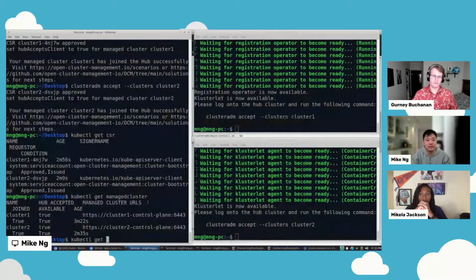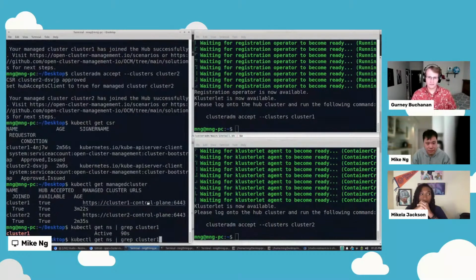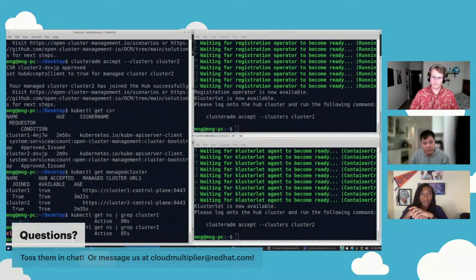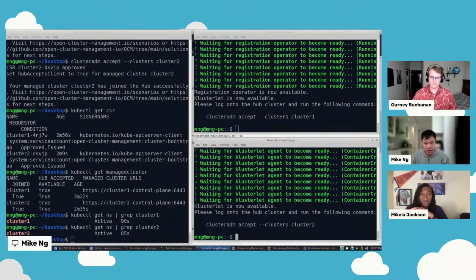So if we look on the hub, we can see these two namespaces are created. The remote cluster 1 only has access to the hub cluster's cluster 1 namespace, and same for cluster 2: remote cluster 2 only has access to the hub cluster's cluster 2 namespace as well.